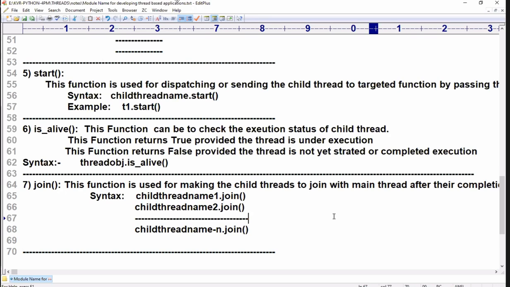Create a multi-threading application in such a way that there exist two threads,